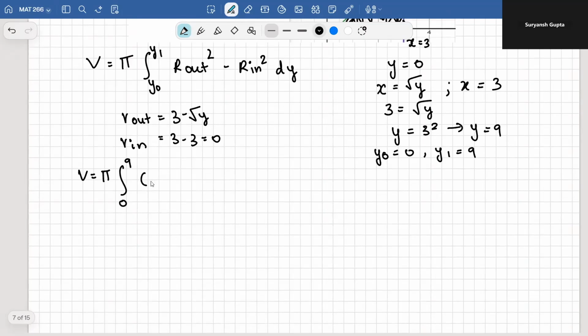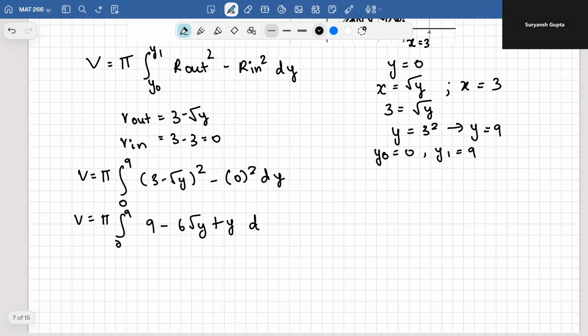R out square, which is 3 minus root y whole square, minus R in, which is 0 squared, dy. We can open the brackets. We get pi going from 0 to 9, and when I open the brackets, I get 9 minus 6 root y plus y dy. And when I simplify this,